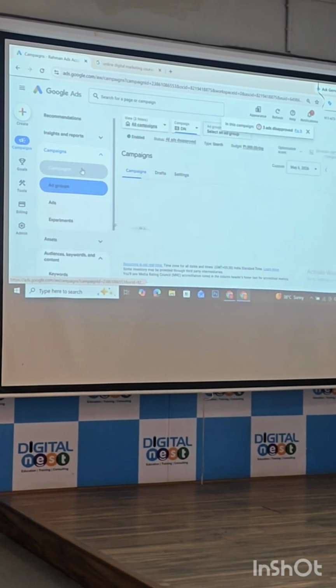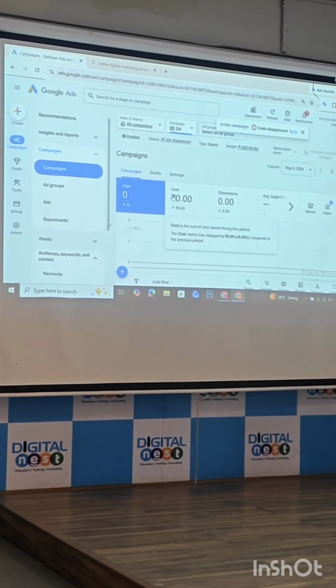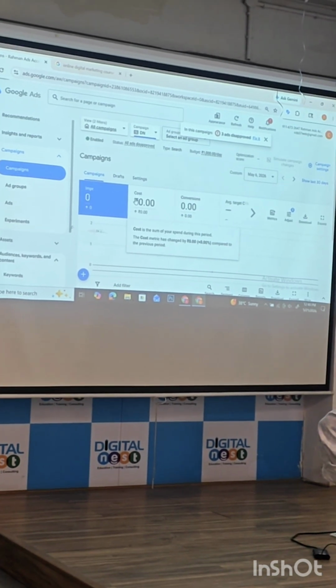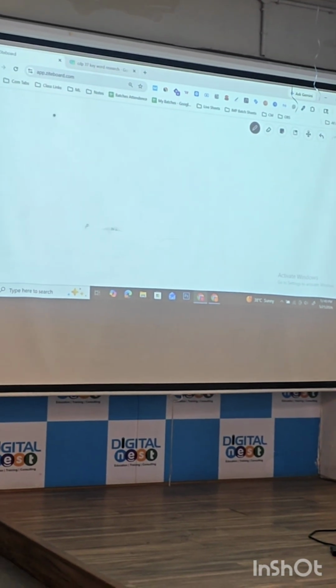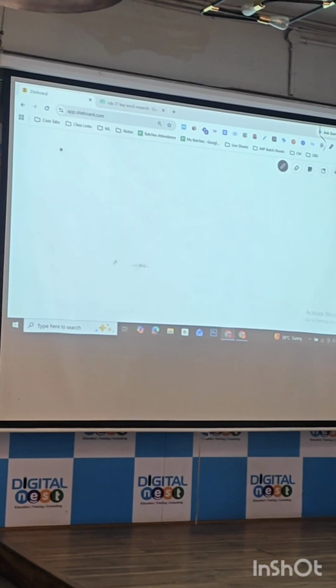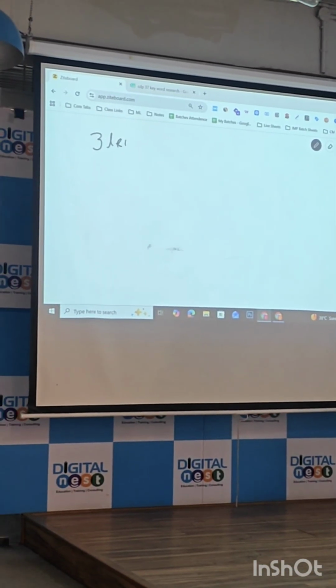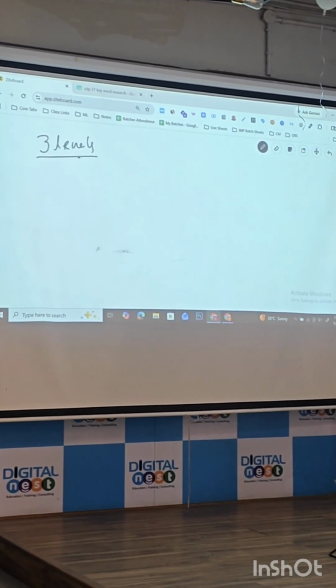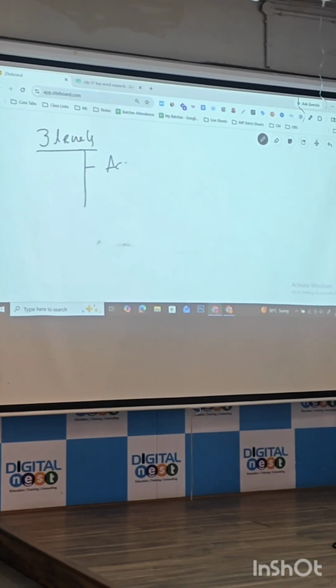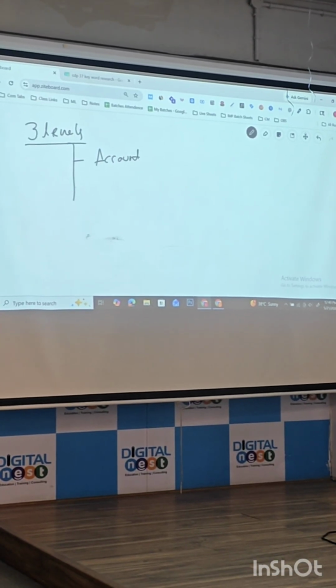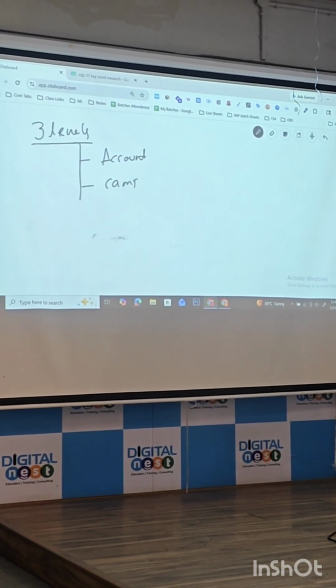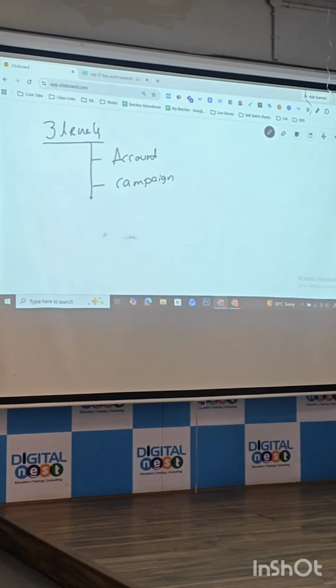Now let's say I want to add assets in the digital marketing ad group. Now the asset will be understood. What is an asset? Assets will be in 3 levels. Asset can be added at account level. Asset can be added at campaign level. Asset can be added at